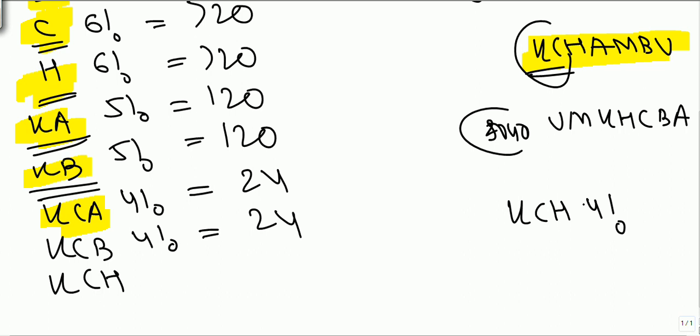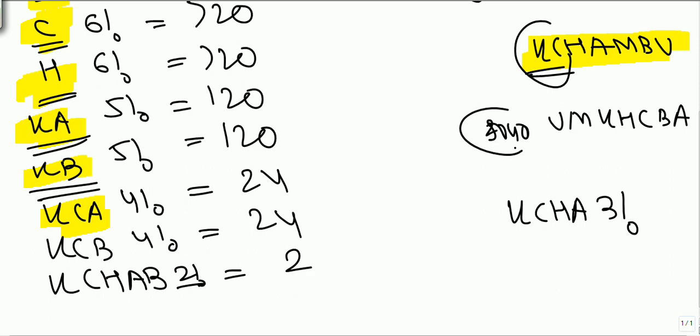Now again, we do not need all the KCHA ones, because we need to go only up to MBU. So first we'll be getting KCHAB, remaining 2 things.